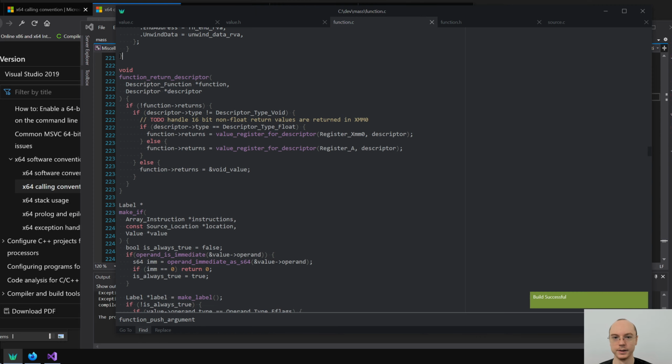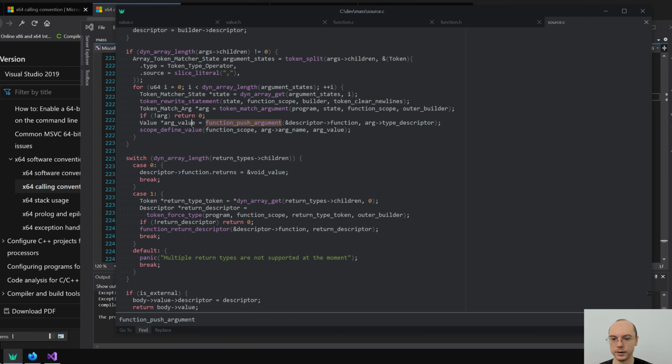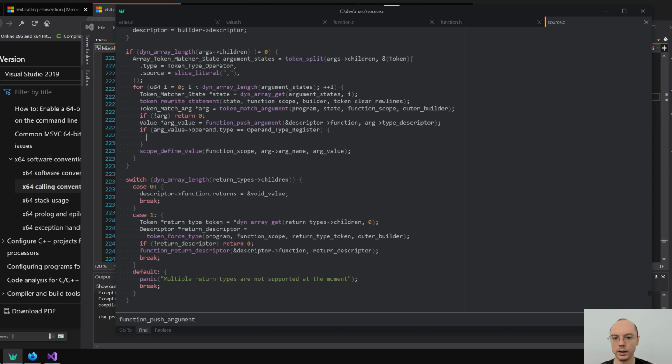No, okay, great. So I actually can remove it. So here's the idea. I'm gonna do it here. So I'm gonna say if arg value operand type is operand type register,